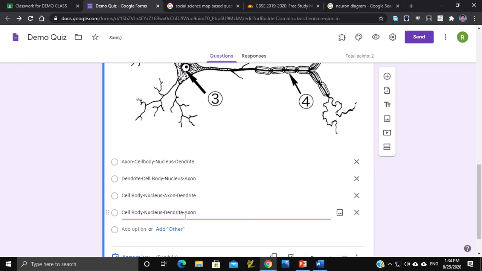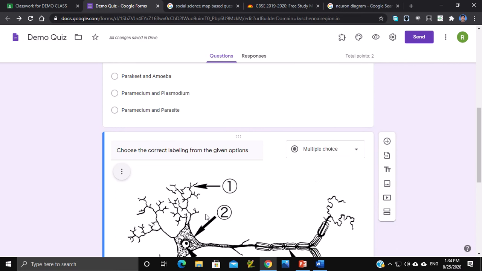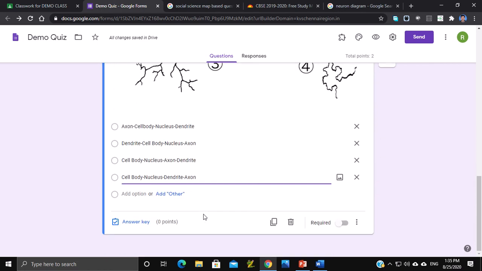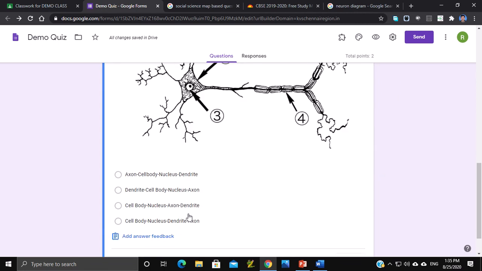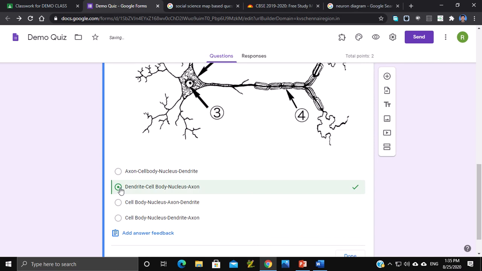So now you can see how map type questions in social science or diagrammatic questions can be inserted. Again I'll go to the answer key, and in the answer key I will choose the correct option.